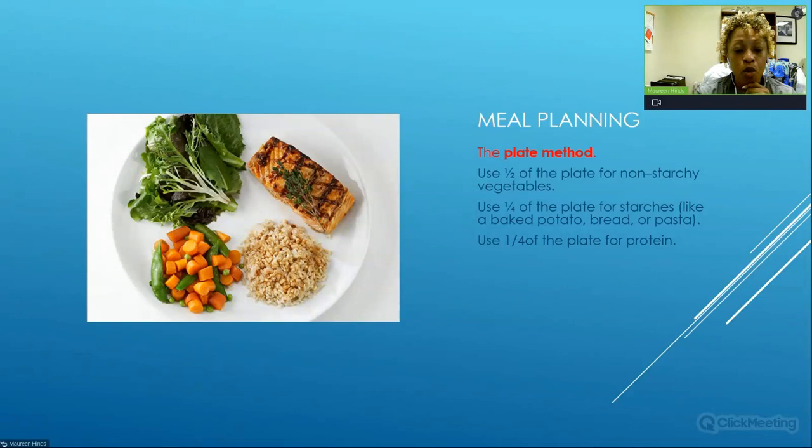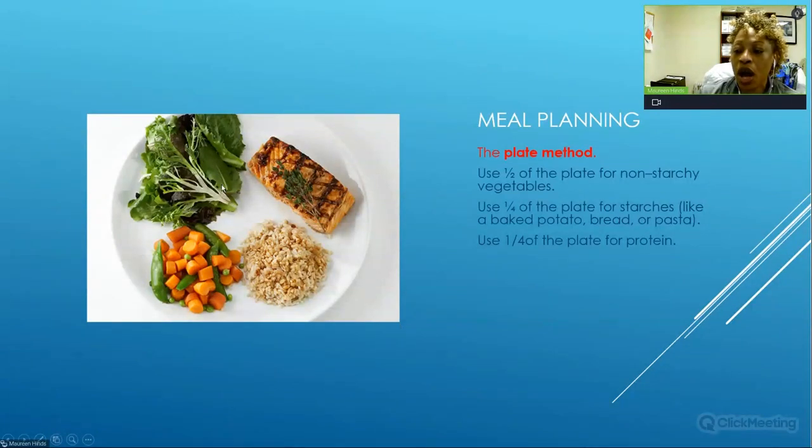All right, so once again, this plate is an example of what you should be striving for at meal times when you're eating. Lots of us grew up with the notion of, well, I did anyway, where half of the plate was pretty much the starch, and we found that too much starch is really what pushes that blood glucose level over the top and kind of shakes that balance.